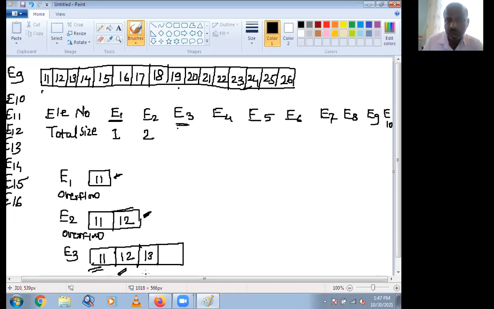This is 1, this is 2, this is 3, this is 4. Are you getting? Whenever you are inserting the fourth variable, you can directly insert the fourth variable. Size of this table is 4. Are you getting?